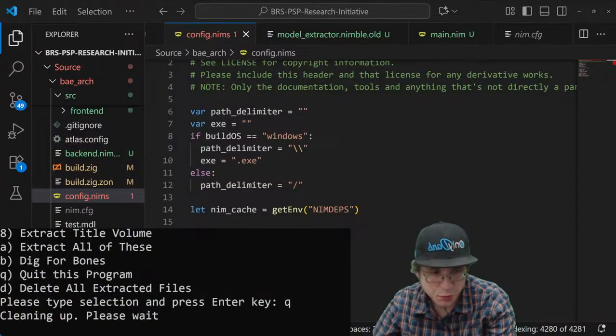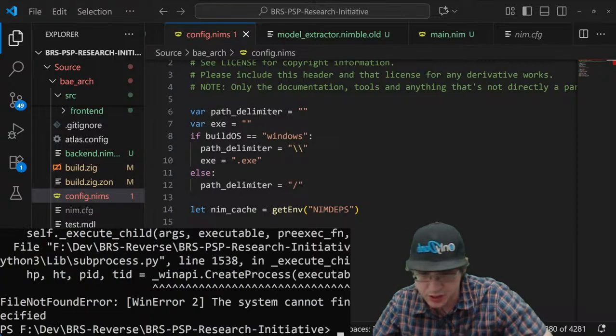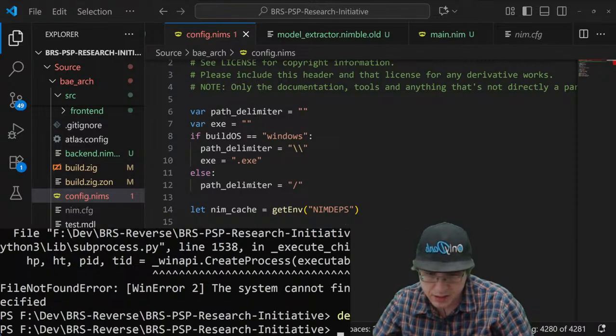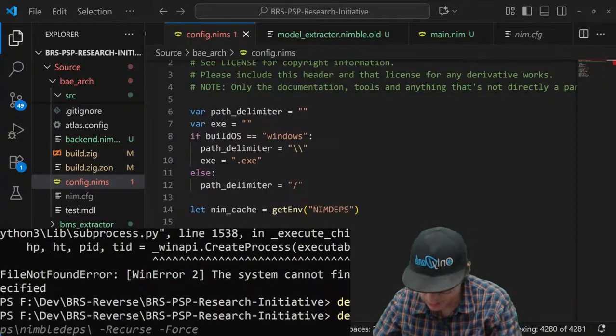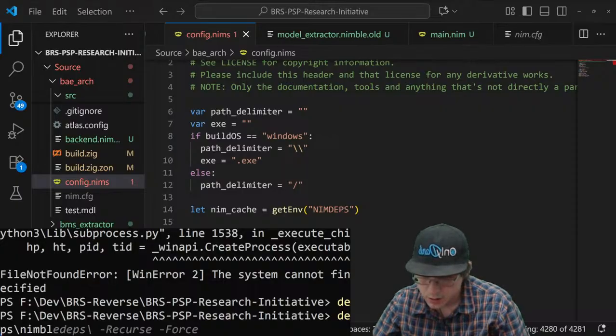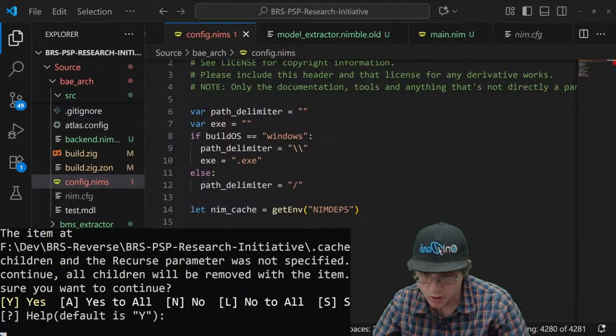Let's delete you. I'm not going to build SQLite just yet, but I need to delete you and then delete cache. Big. I'm going to delete all y'all.